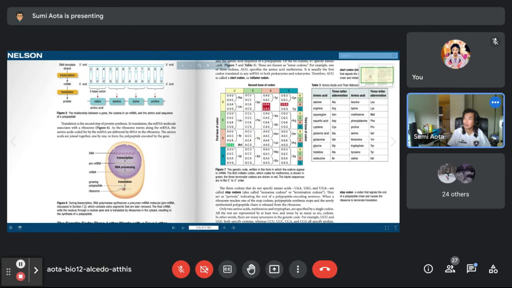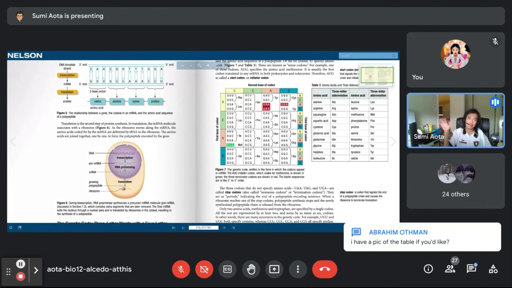And remember, this is the DNA. And for these kinds of questions, you don't need to worry about introns and exons. Just assume this entire sequence is going to be transcribed. Pretend it's a bacteria. Okay, so the genes are continuous.